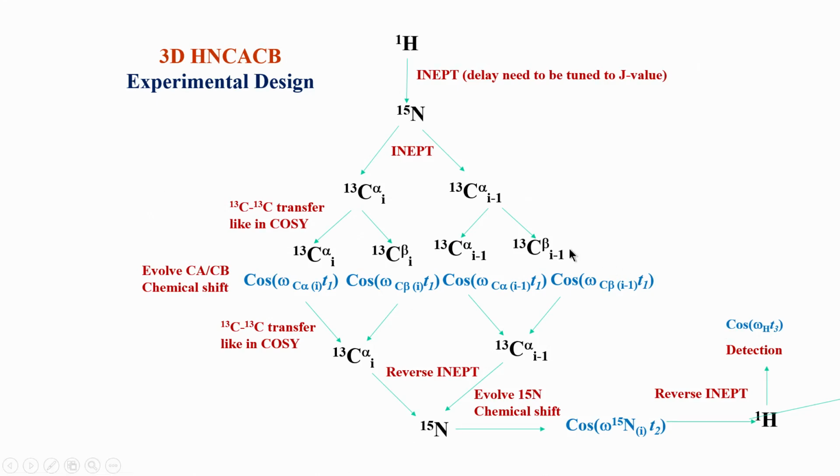As I said, this is a very complicated experiment, but the idea is simple. If you have understood how HNCA, HNCOCA and HNCO, these 3 experiments work, you will understand this as well. This is closer to HNCA. In an HNCA we saw that you start from an amide proton, you go to nitrogen 15, the same amino acid I, with the INEPT, then we saw that the magnetization splits into 2 pathways. The same thing happens here, it splits into 2, and the 2 are I and I minus 1.